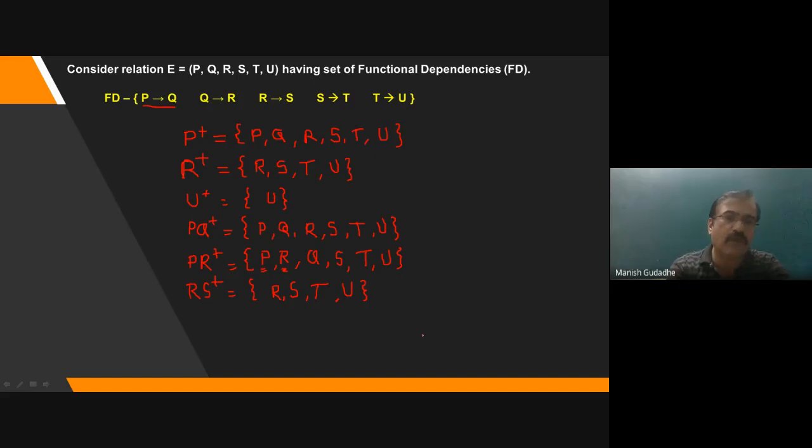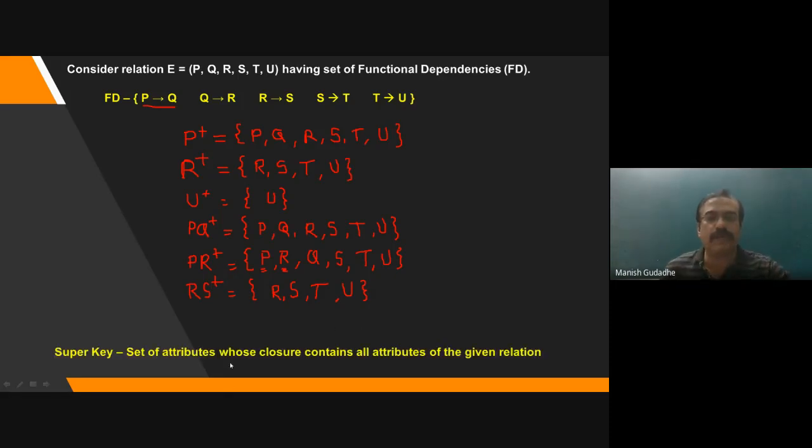But what for are you doing this? Now, if you remember the concept of super key, when an attribute closure is able to address or infer all the attributes in the relation, when an attribute closure is able to infer all the attributes in that given relation, that becomes a super key for that relation. Are you understanding me?